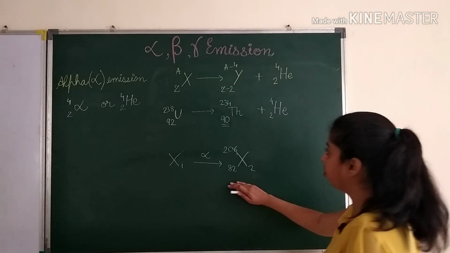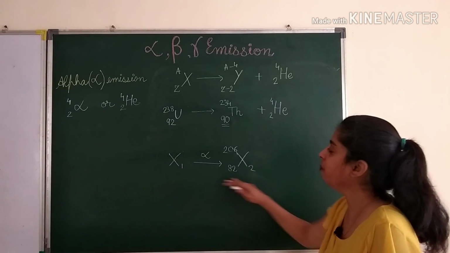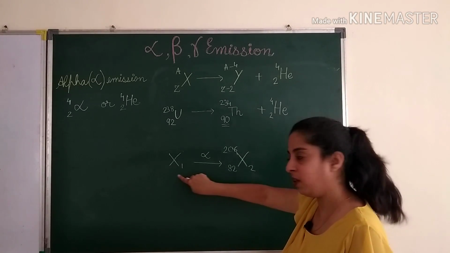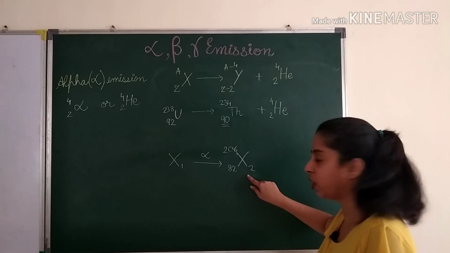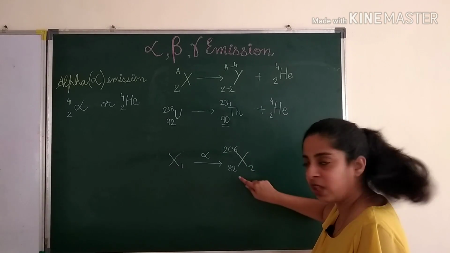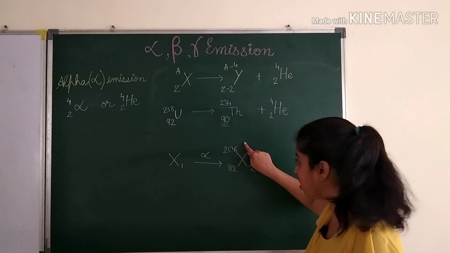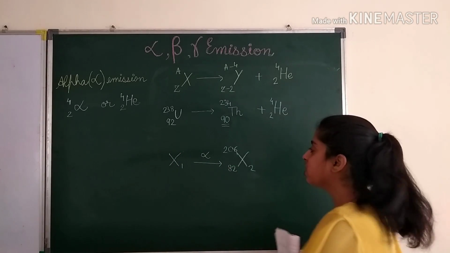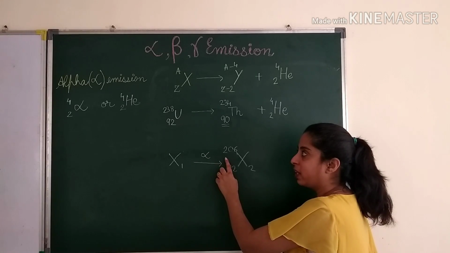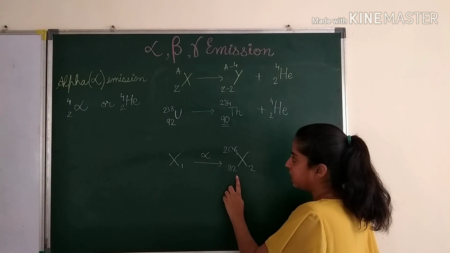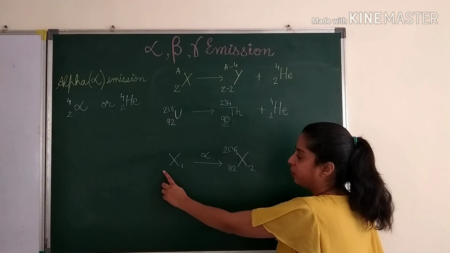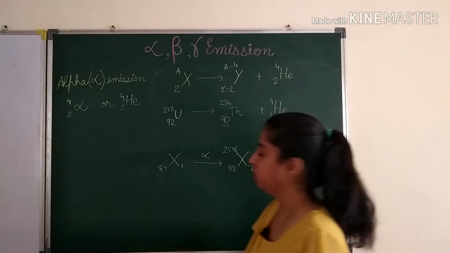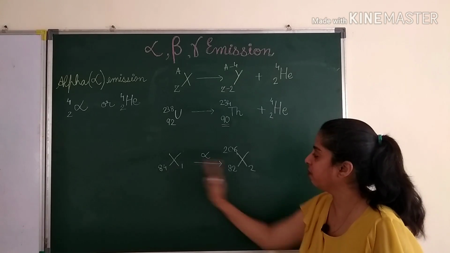Okay, let's go to another example. Now here we have to do reverse calculation. They have asked: an element nucleus X1 getting converted into nucleus X2, and for X2 they have given the atomic number and mass number. We have to tell the atomic number and mass number of X1. Since we know an alpha particle has been emitted, if this is 82, we'll add 2 here, so it becomes 84. Correct? While going reverse we'll add.